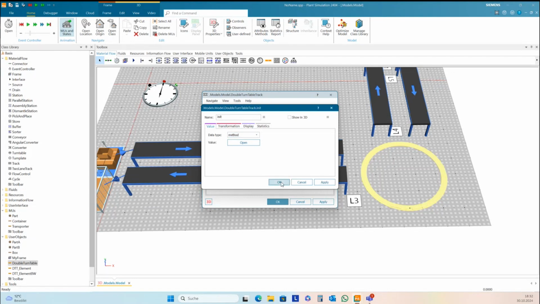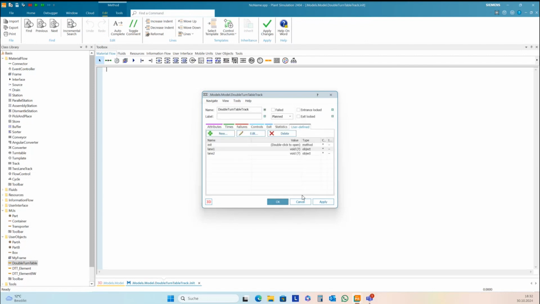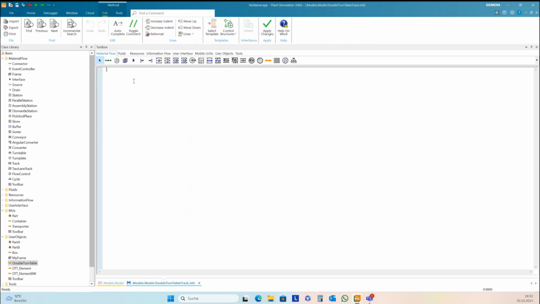So I start to create the turntable. You can drag it from the class library into the method editor, user object double turntable point create.